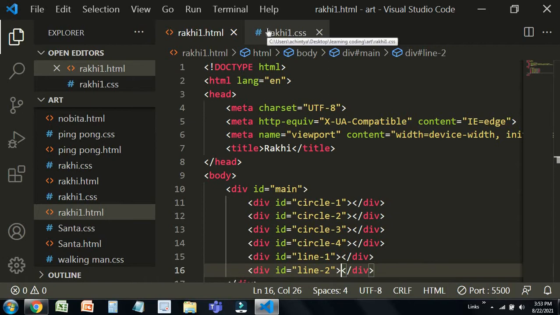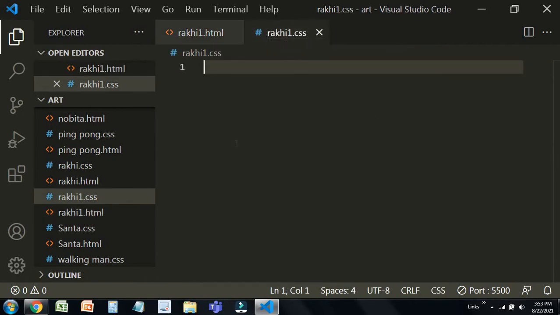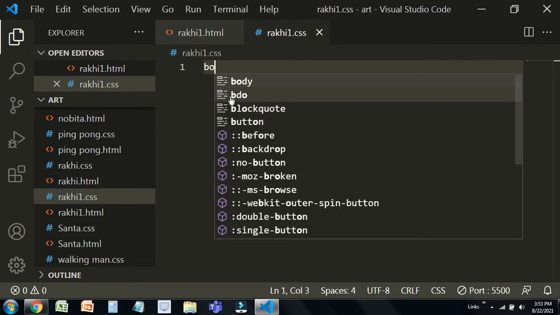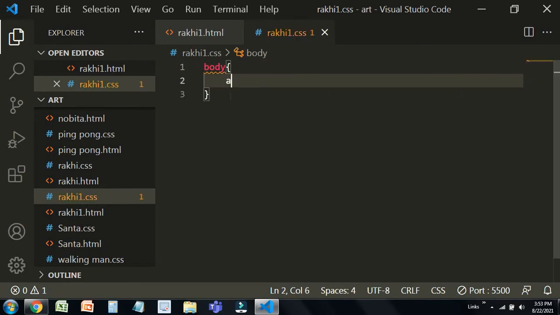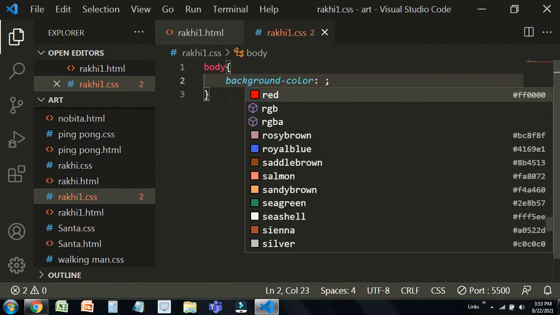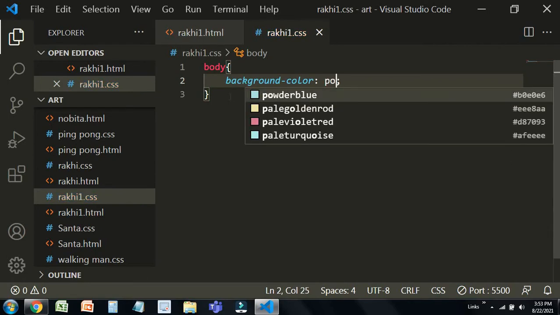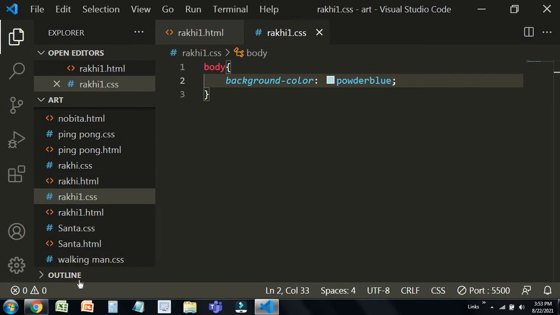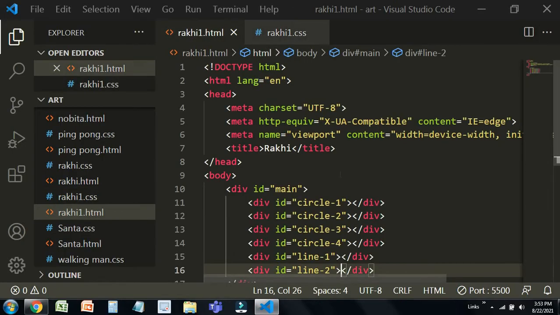Now let's hop on to our CSS file. For the CSS code, first we need a background color. So body, background color, sorry for that, powder blue. Powder blue looks good, that's why I always use this color. And I'm just going to refresh it.